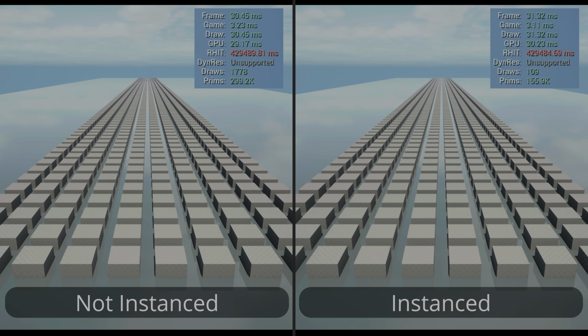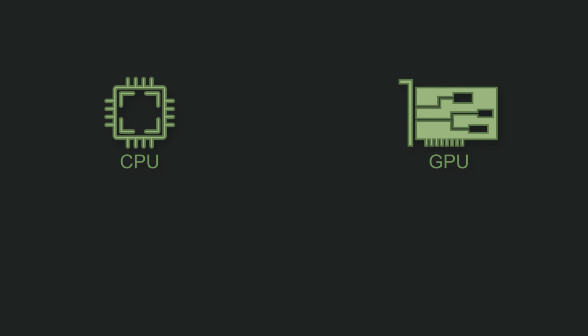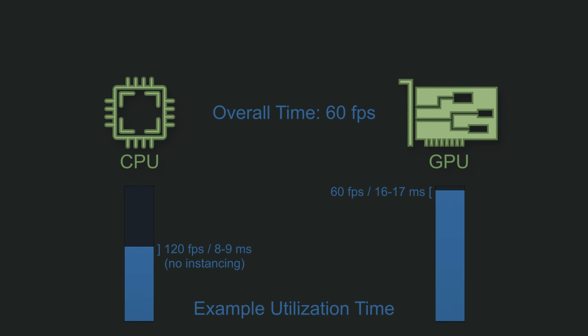Now, what about performance? Well, first we need to know how we're measuring performance. A lot of people will say it's the frames per second, but that's actually not the main thing that instancing helps with. In Unreal Engine, you're only as fast as your slowest component, either in the CPU or GPU. Most people using Unreal Engine will be bound by their GPU time. Instancing helps with CPU time. So as long as your GPU time is slower than your CPU time, you won't notice that many additional frames per second from instancing. It will save a little bit of GPU time by using less memory,